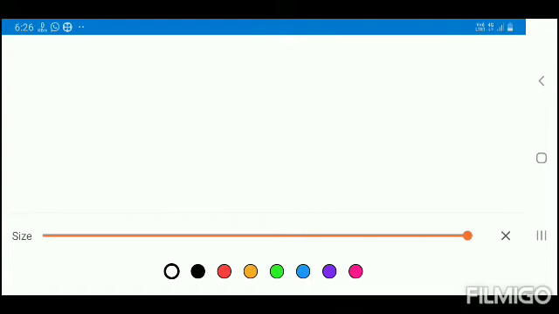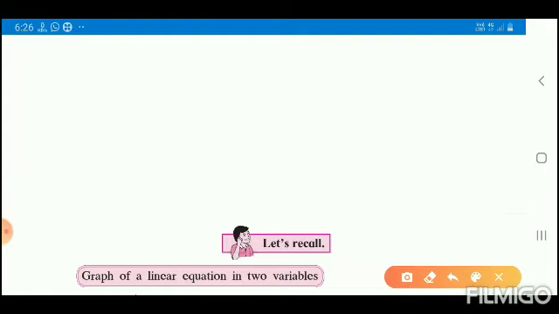Now we will see the equation whose coefficients are equal. These equations we will see here. Okay, the last question from your exercise, that is